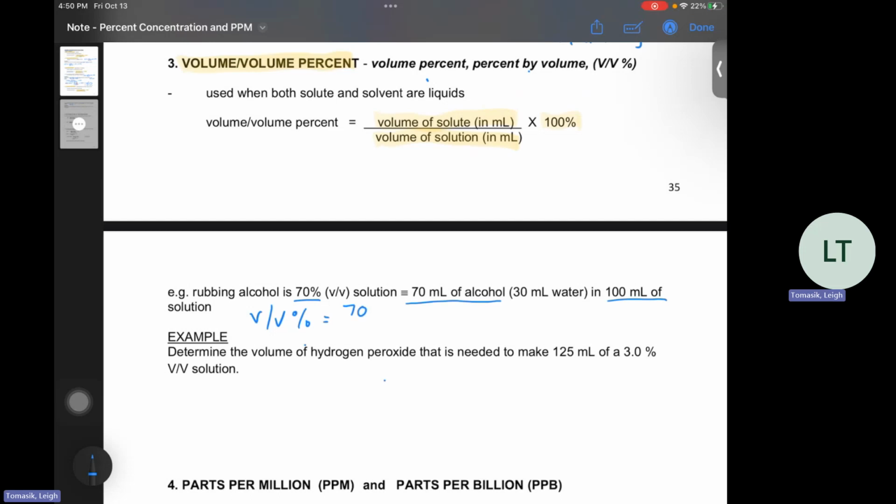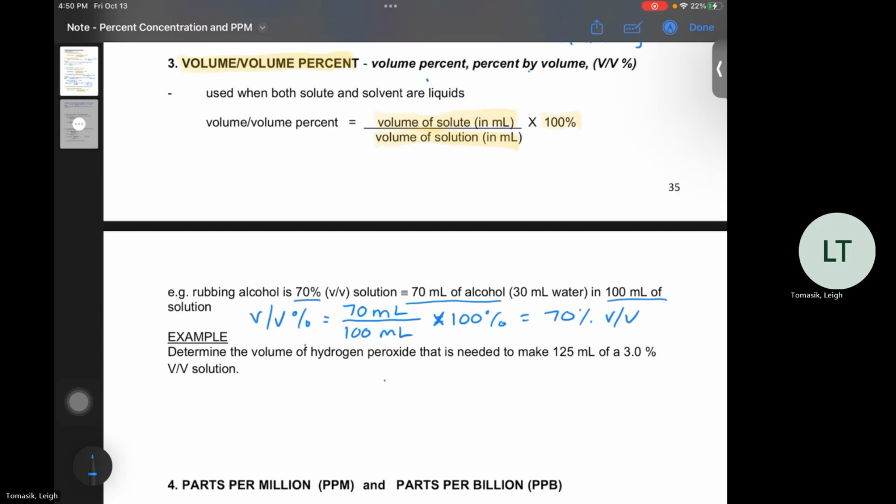So the volume of the solute goes on top, the volume of the solution goes on the bottom, and then times 100%, right? And you would get 70%